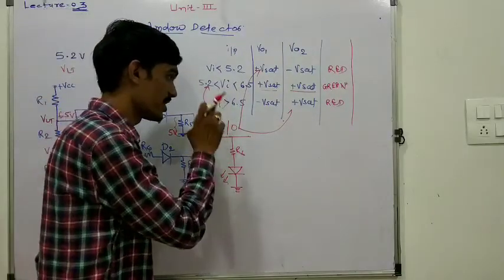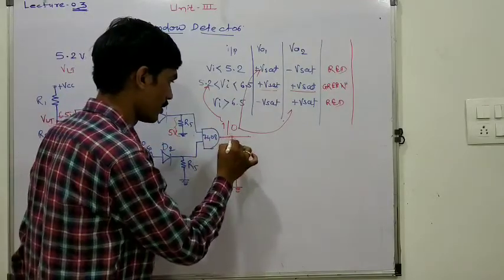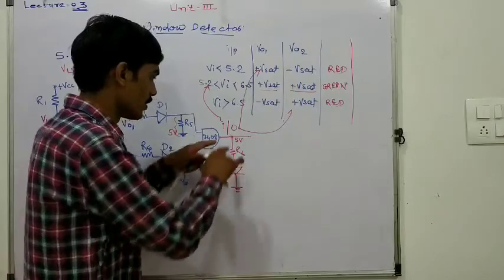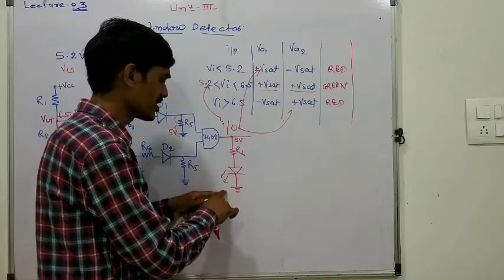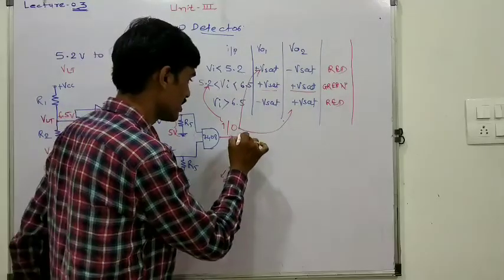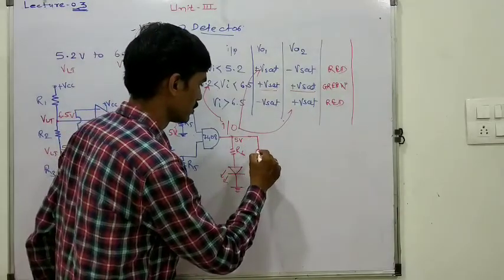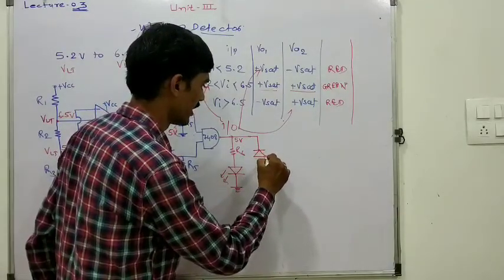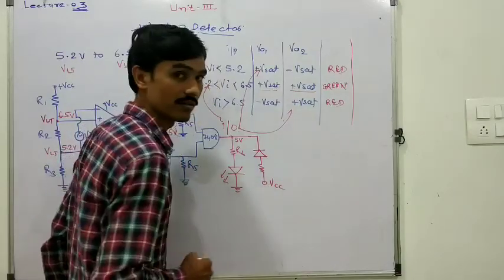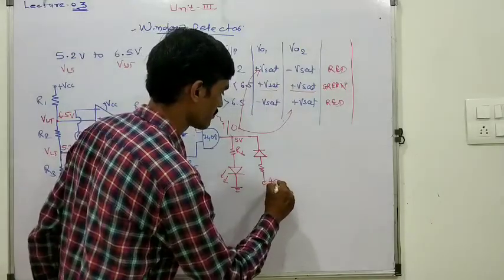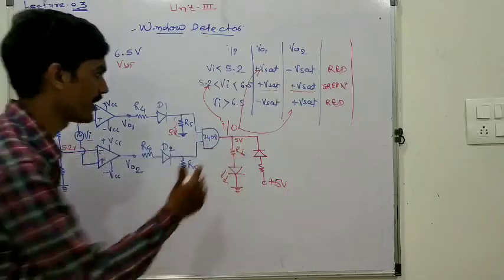So if the condition is satisfied, we have to glow the green LED, and that is nothing but the high voltage, that is 5 volt. Is it right? So if we are connecting the LED like this, it must glow, and if it is 0 it will not conduct. So we have to connect an LED like this in reverse direction. So here we are providing a VCC, or we can connect only a plus 5 volt supply. So if it is 1 or 5 volt, definitely here also 5 volt.